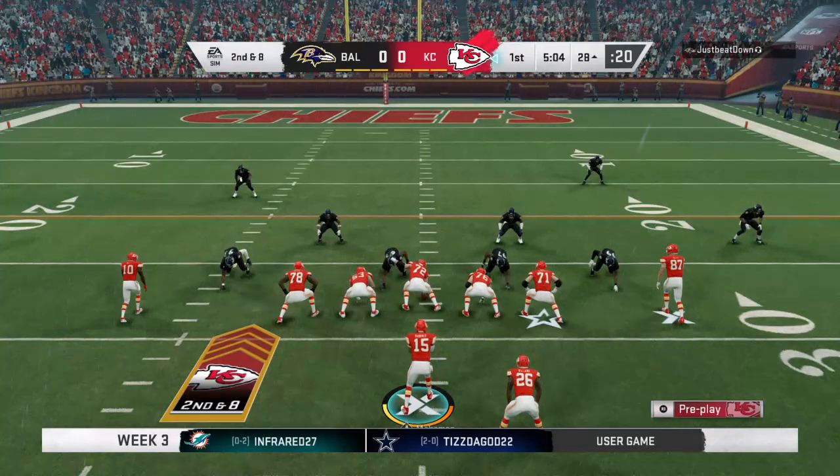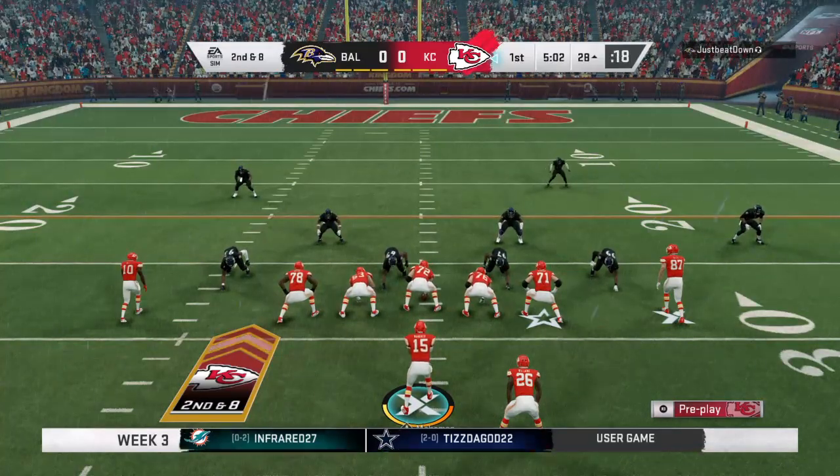Right. He's tight right here. Tight on the right. Tight on the right. Everyone got 4